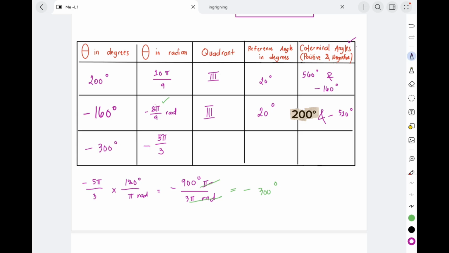So for the quadrant, of course, let's say this is our Cartesian plane. So this is the first quadrant, second quadrant, third quadrant, and fourth quadrant. So this is 0 degrees. If it is clockwise rotation, this is 0 degrees. This is 90 degree angle. This is 180, this is negative 90 degrees, negative 180 degrees, negative 270 degrees, and this is negative 360 degree